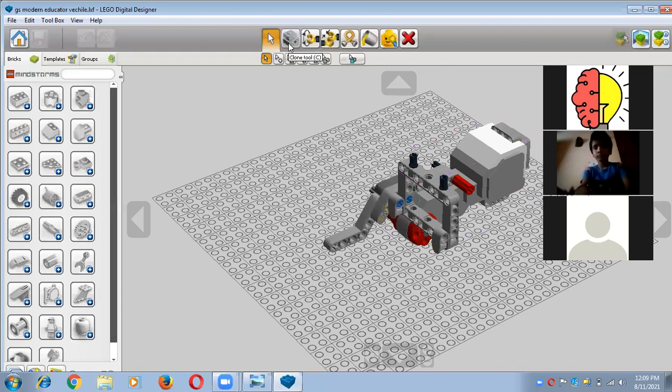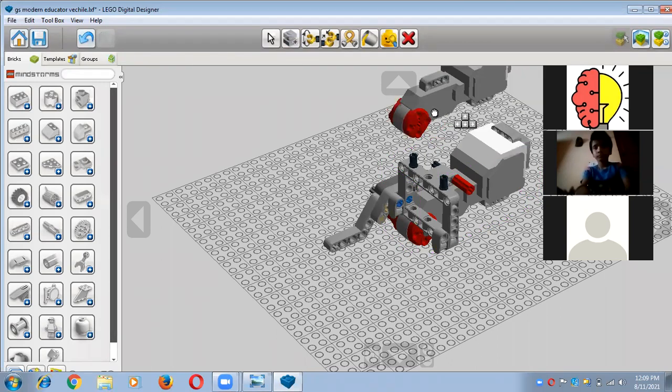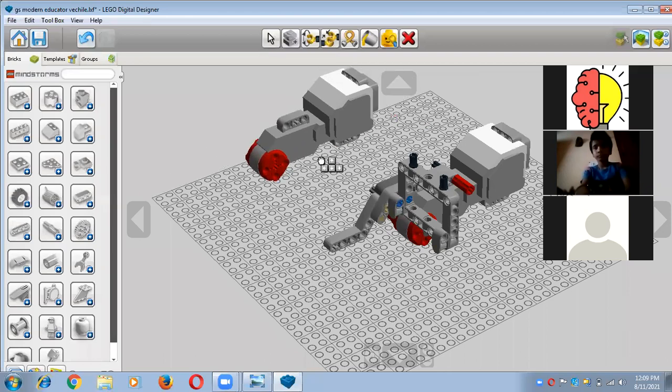So just click on this clone tool, and after that you will click on this engine. So just click on that and now drag your mouse, and now you will receive the same part within a second. Now move on to the next step, and in next step